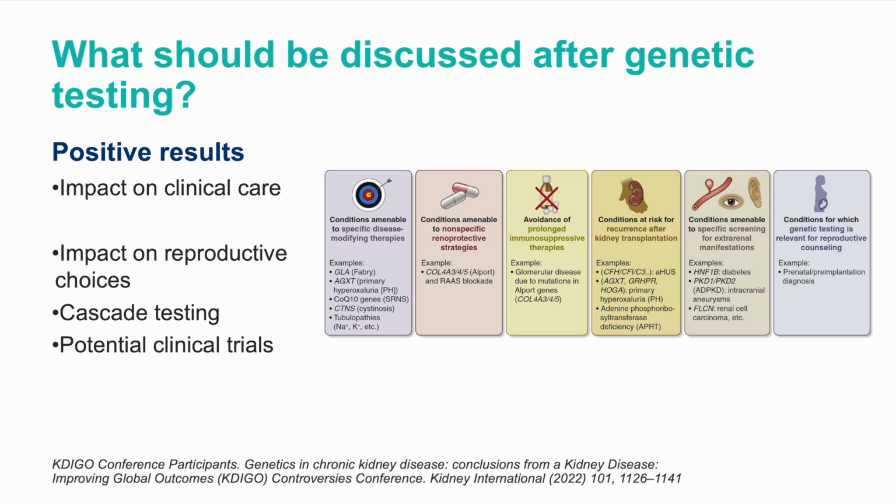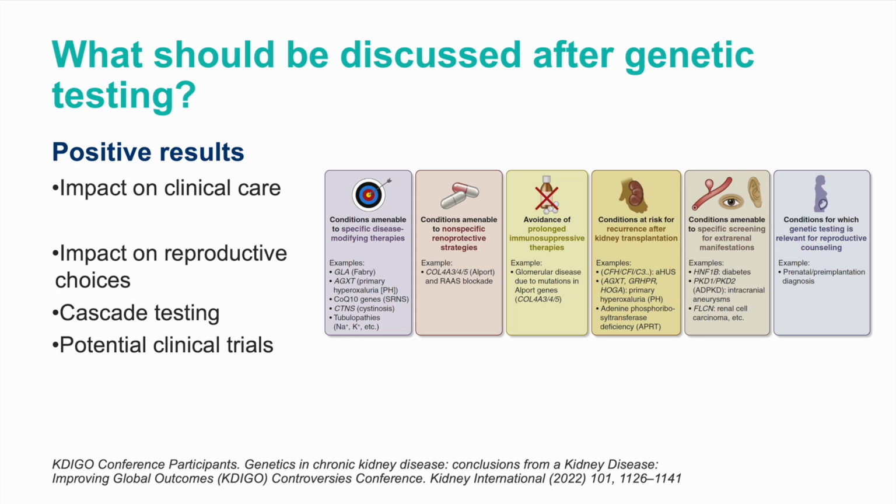So, if the genetic test is positive, which means that we found something, we have a diagnosis. First of all, you should check, does this diagnosis make sense? If the diagnosis makes absolutely no sense, it doesn't match the patient's clinical diagnosis, stop, call the lab, triple check. There are errors that are made in genetics also, as with any other molecular or other test,